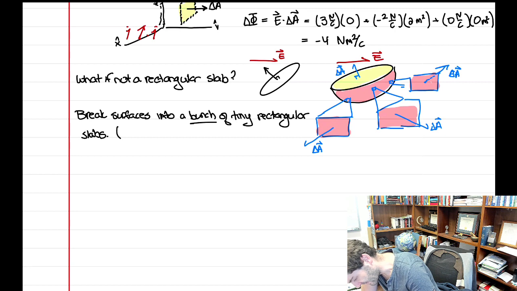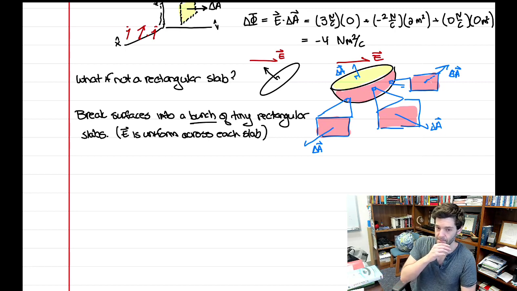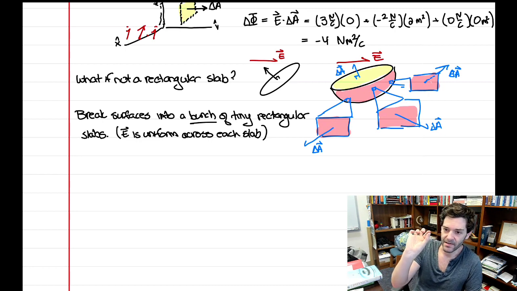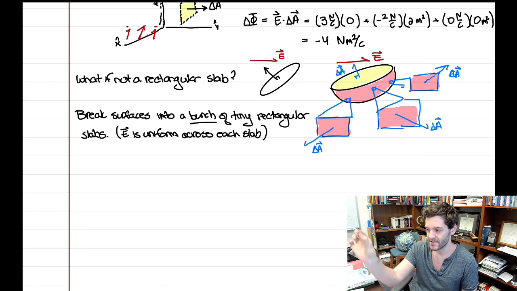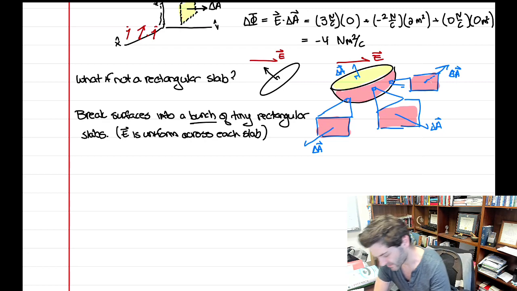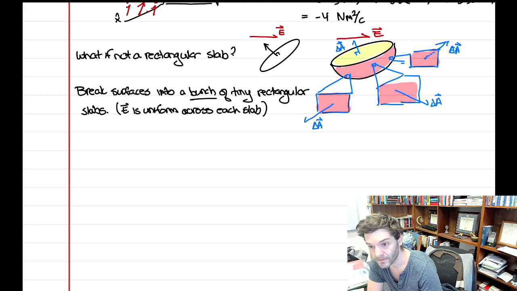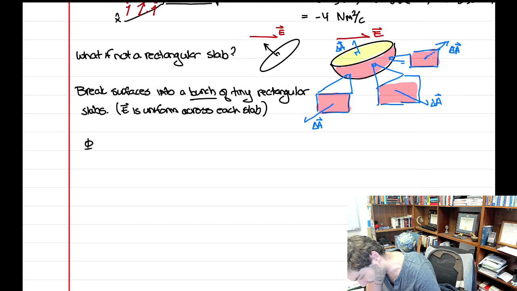So then we can also say that E is uniform across each slab as well. Even though it might be a different value on different slabs, for each individual slab, it's still constant. Which then, in that case, the total flux, which we define to be adding up the individual fluxes,